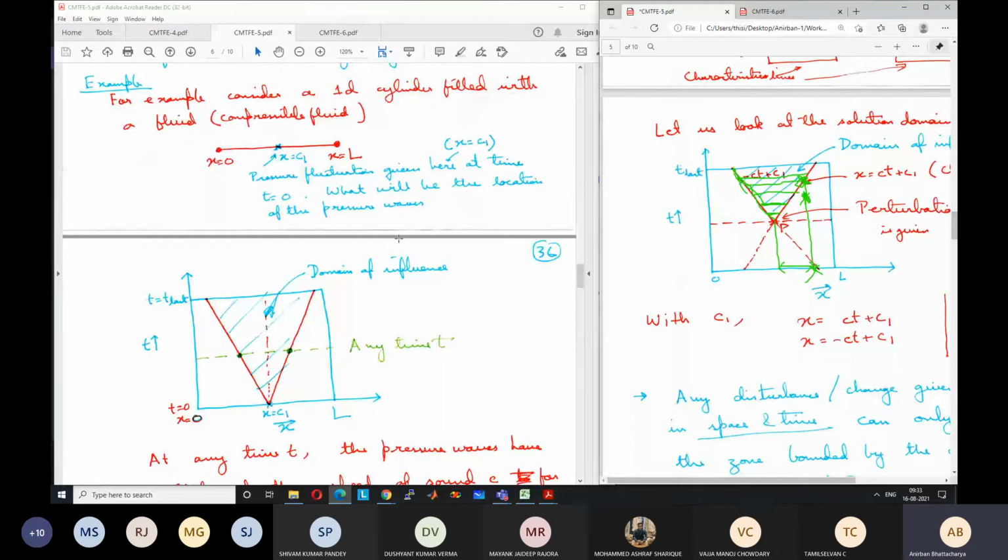All real life fluids are obviously compressible fluids, up to different extents. Air is more compressible, water is less compressible, but still it is compressible. It cannot be a rigid body. Solids are also non-rigid in real life. That's why pressure fluctuations can occur. If a solid was rigid, then pressure fluctuation could not have occurred, right?